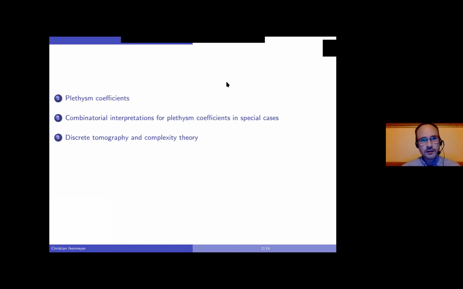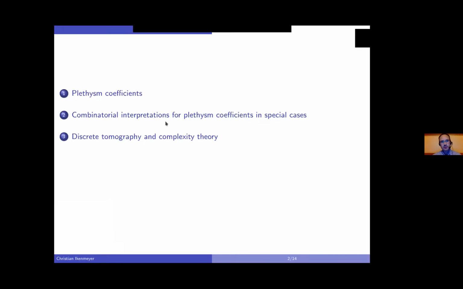And then I will talk about a combinatorial interpretation for Plethysm coefficients in some special cases. In some special cases, we actually have objects that count the Plethysm coefficient. We know it's like this special type of a number of some special objects. But this is only true for some special cases. But this is enough, actually, in the end, in the last